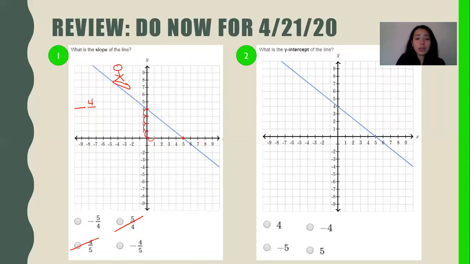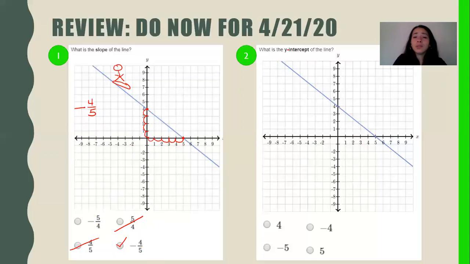So horizontally, 1, 2, 3, 4, 5. That's 5 units. So our slope of this line is -4/5. Then I look at these two. You need to be very careful because if you notice both of them have 5, both of them have 4. But your rise, meaning how many units it went up or down, is the number at the top, and that was 4. So we need to make sure that we select the correct one, which is -4/5.